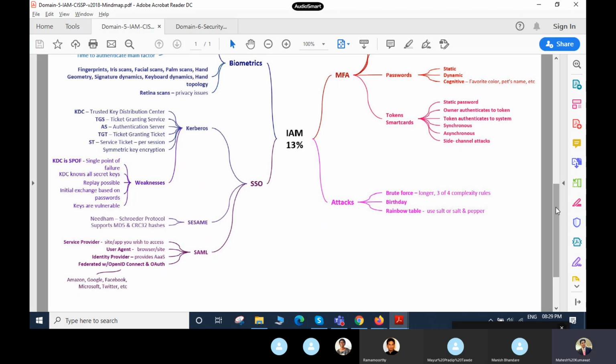So what do you understand about SAML use cases? And we have different federated identity and OpenID Connect with OAuth, identity providers, user agents. Anything you would like to share with me about SAML and service providers, the different application sites to access? As a matter of fact, I require examples and use cases: how can we use it in different domains like production, manufacturing, different companies, and where does it fit into IT security?